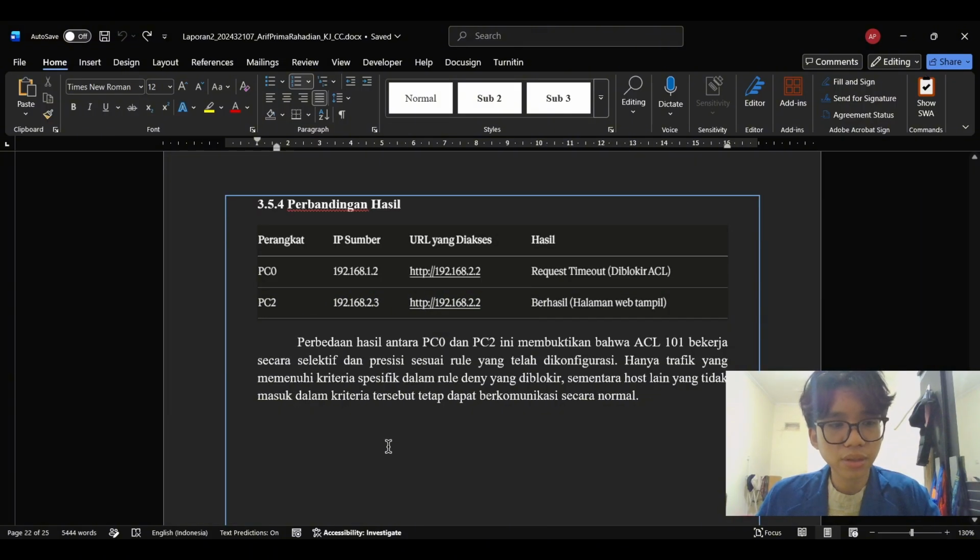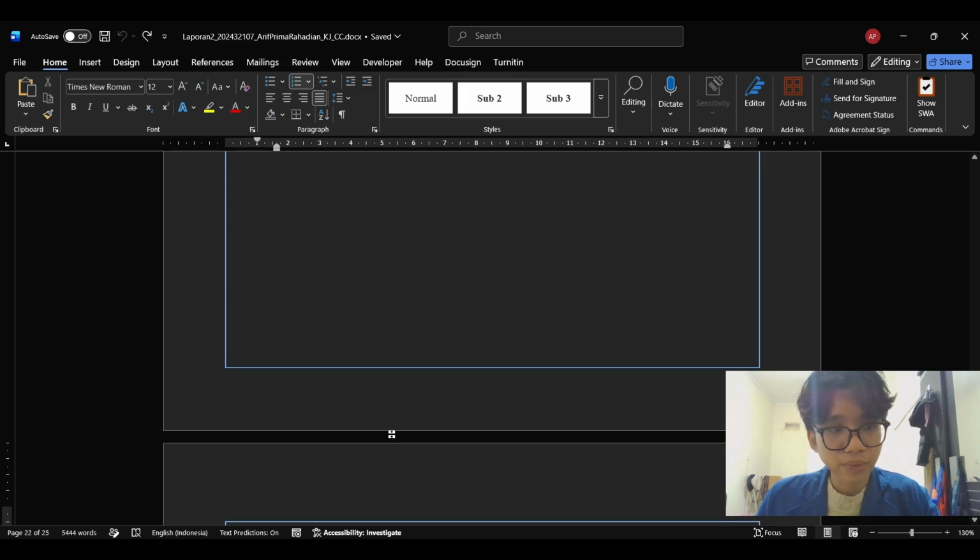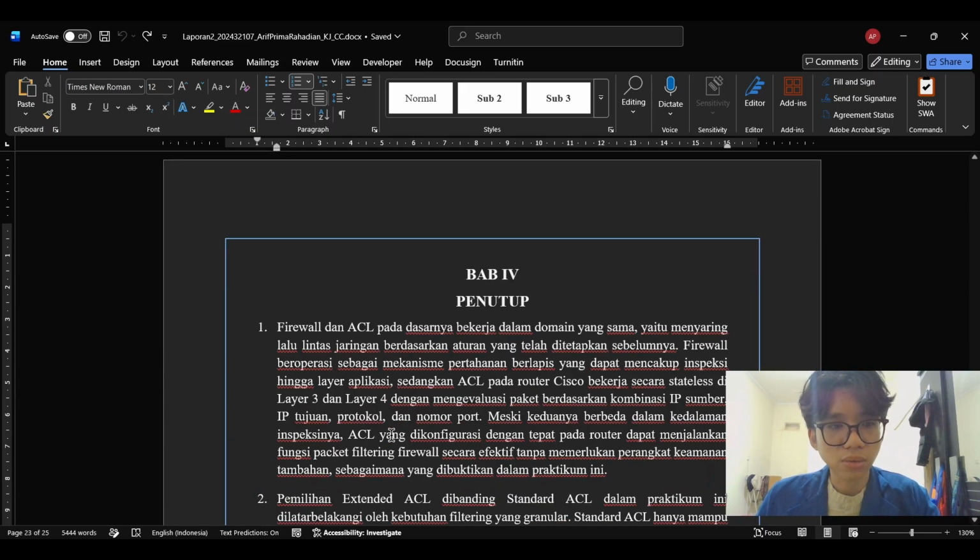The implicit deny mechanism also proved its importance. Without the explicit permit ip any any at the end of ACL 101, all traffic that didn't match the deny rules would have been silently dropped, including traffic from PC1 and PC2 that should have been allowed.